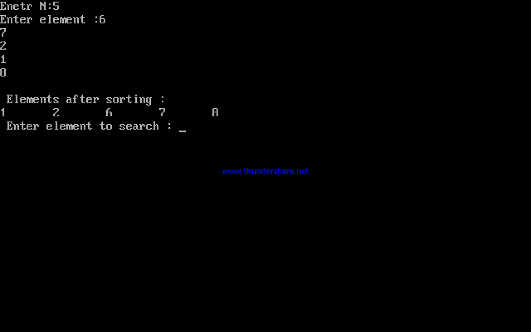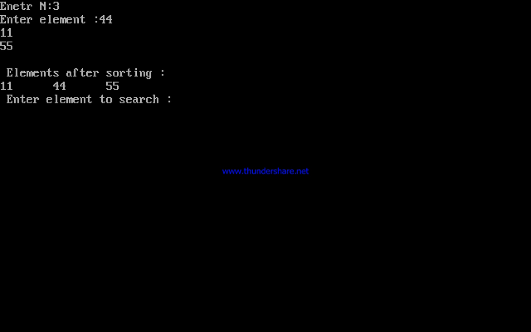Now the user has to enter the element which he wants to search. Here I entered 6. Now after pressing enter, it displays the message that the atom is at the 3rd location.